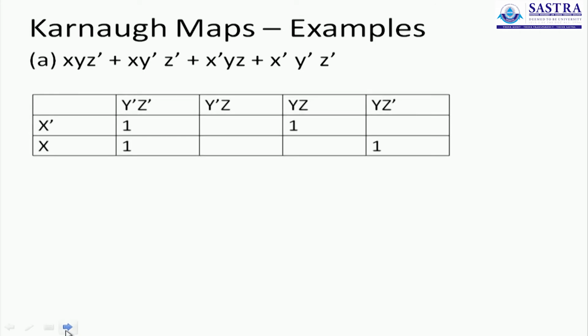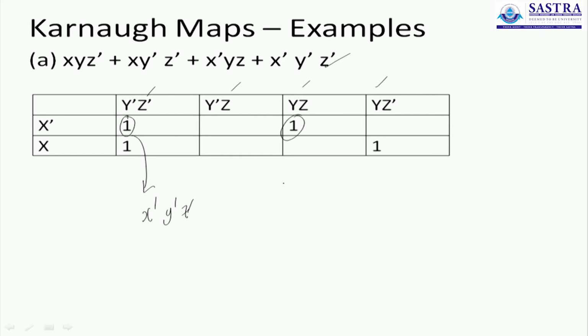The corresponding K-map diagram will look like this. It will be a 3x5 table, or in fact a 2x4 table, with the rows representing the states x bar and x, the columns representing the states y bar z bar, y bar z, y z, y z bar. Now you will have a 1 here because this one corresponds to x bar, y bar, z bar, that's the last term. Is that right?